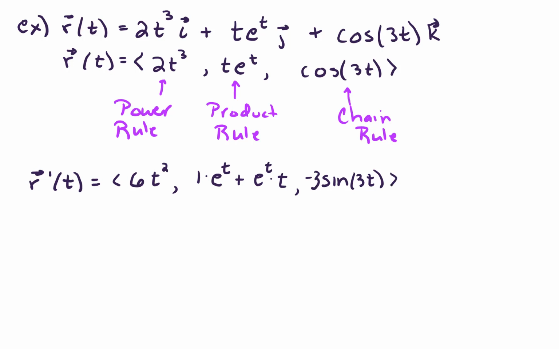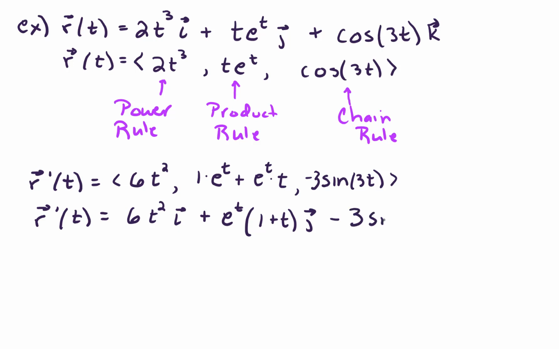Okay, we could clean this up a bit and say that the derivative r prime of t equals 6t squared i plus our second component here is really e to the t, pulling out that as a common factor, times 1 plus t. And that's sitting on the j component. And lastly, we have negative 3 sine 3t k. That's our third component. So that would be our